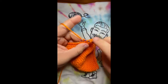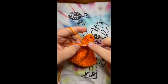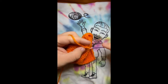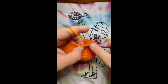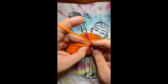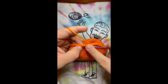1, 2, 3, 4, 5, 6, 7, 8, decrease for 3, 1, 2, 3, 4, 5, 6, 7, 8, decrease for 4,